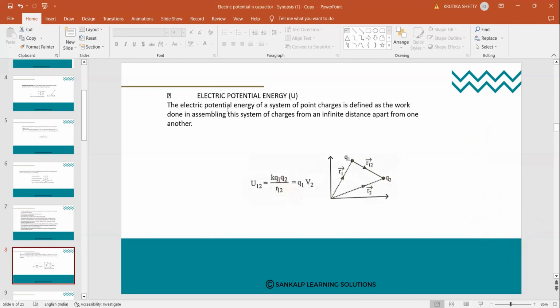Yes, this is electric potential energy for 2 point charges. You know that the electric potential for 1 point charge is 1/4 pi epsilon naught q by r. Now the potential energy for a system of two charges, q1 and q2. Okay, so now the electric potential energy is given by, when you have two charges,